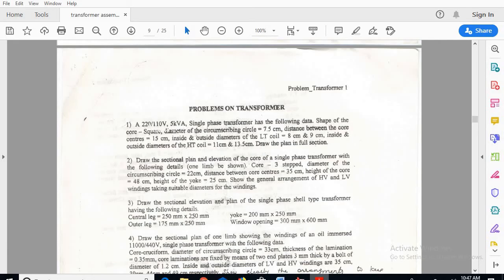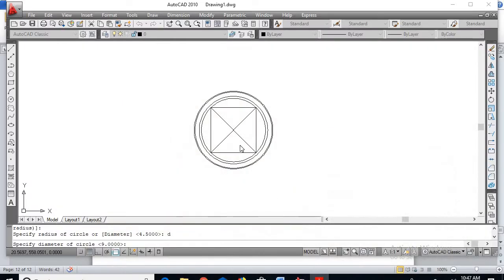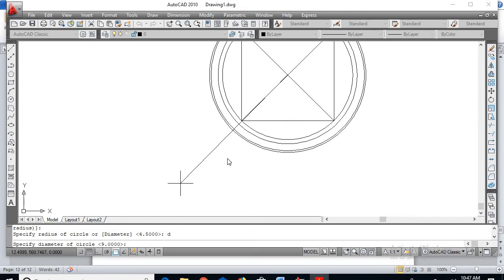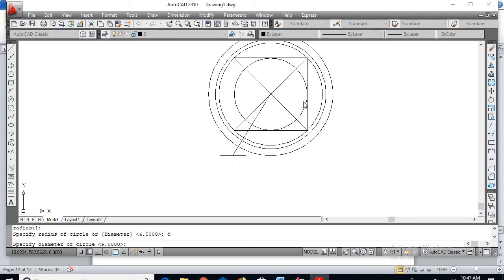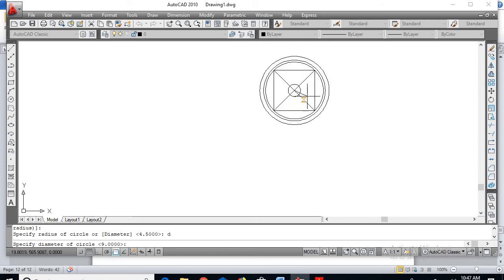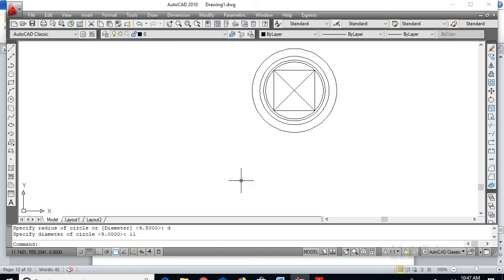So what is the next dimension? It is 11 centimeters and 13.5 centimeters. The inner diameter is 11 centimeters. Sorry, let's consider as radius.